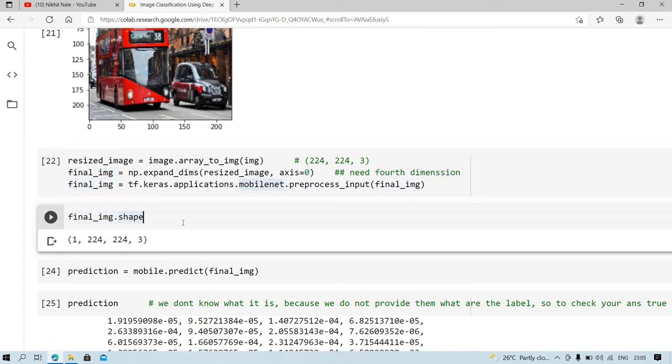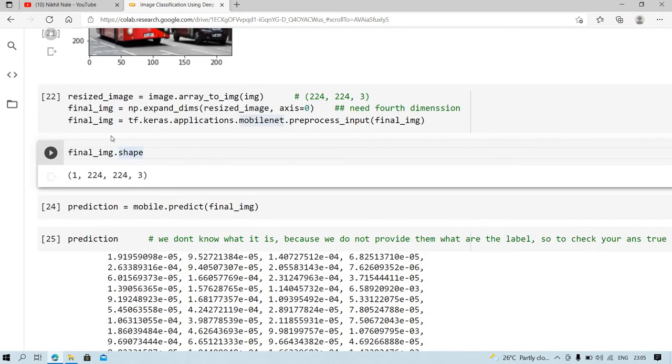Here you will see the shape of the final image: 1, 224, 224 and 3, which is the number of channels.